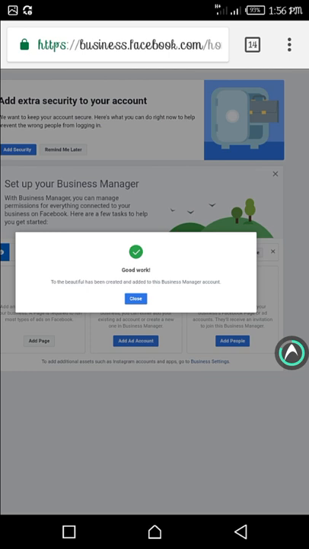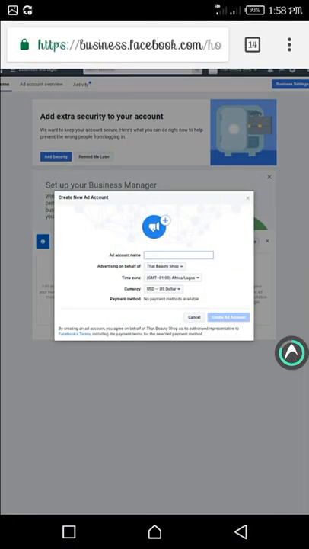Good work. To The Beautiful has been created. All right, this is a screenshot of a live account being created. So you can see the name To The Beautiful, that is the name of the page. To The Beautiful has been created and added to this business manager account. Now you click on close. Once you click on close,